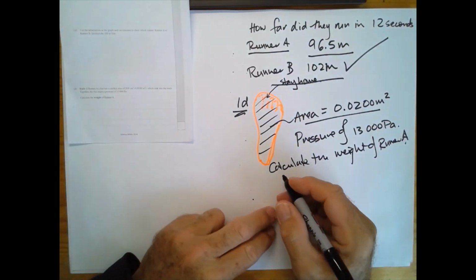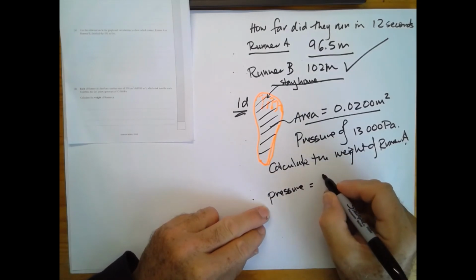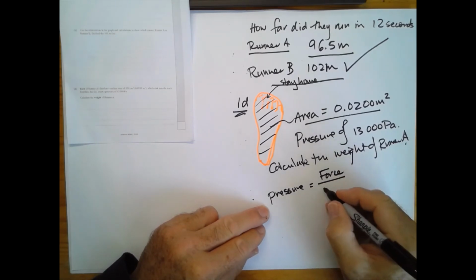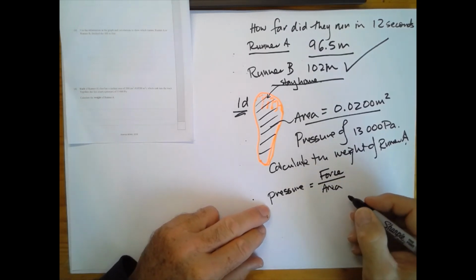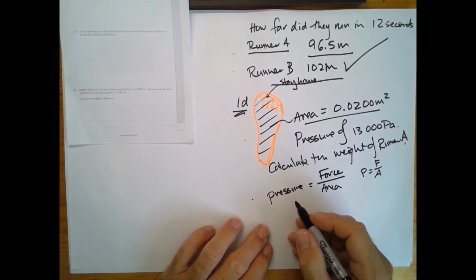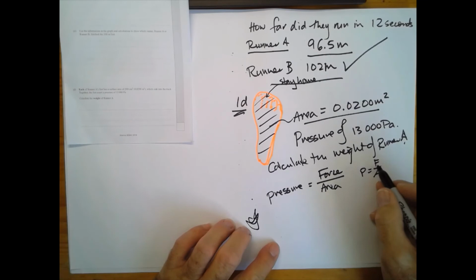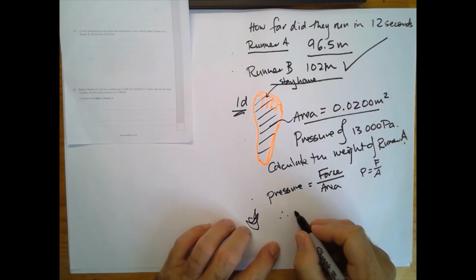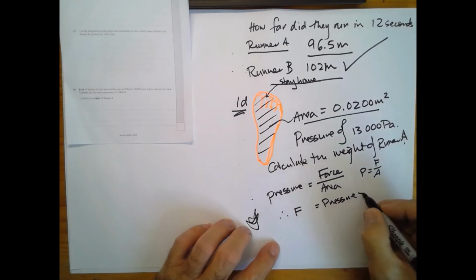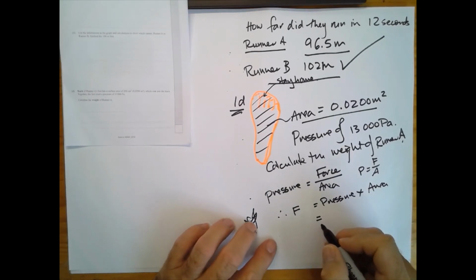Remember our formula, pressure equals the force applied divided by the area. We might write P equals F over A. So let's rearrange our equation. Pressure is force over area, therefore force is equal to pressure times area. And let's substitute our value in. The pressure is equal to